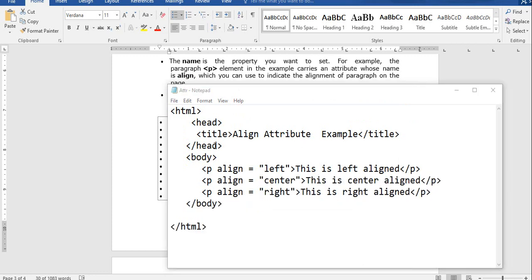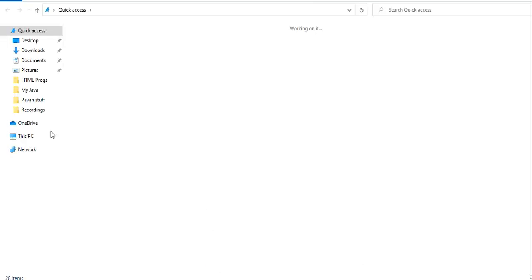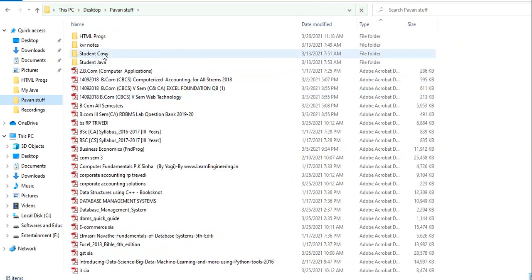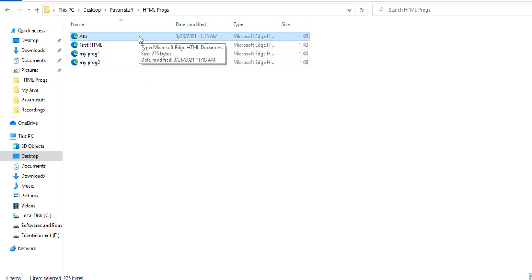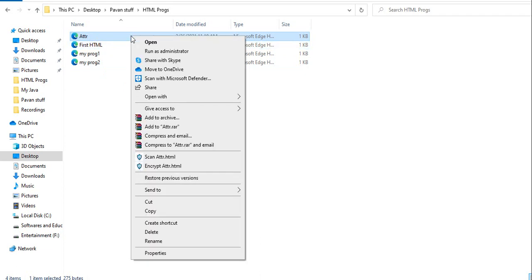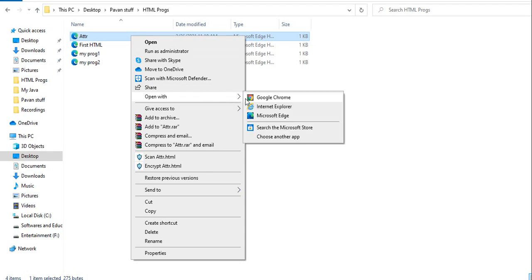Now just go to that location where you saved the program. I saved it in Pawan stuff and HTML programs, and it is attr. You just double click on it. Do one thing, right click and I'll open it with Chrome.